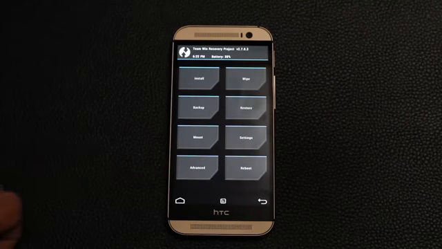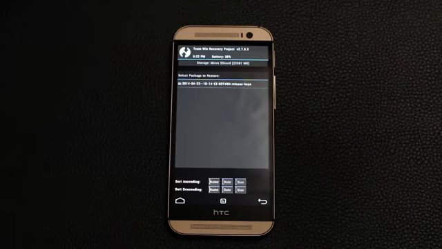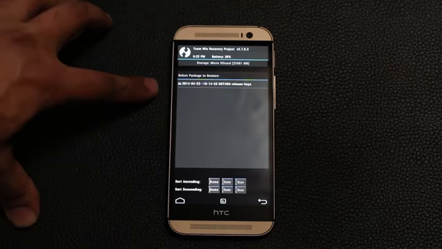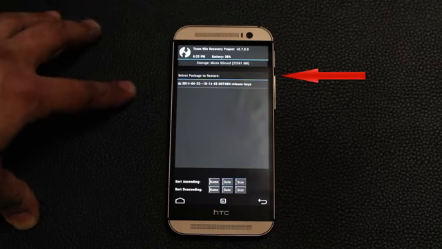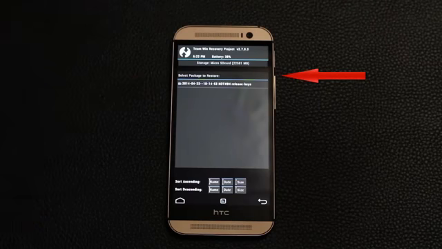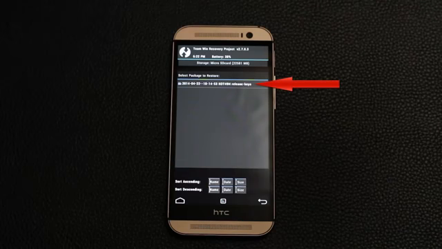So let's say something crazy happened and you lost all your data, but now that you have a backup, all you do is you go back into TWRP and you tap on the restore button this time. And if you look at the select package to restore, you'll see a list of the packages that you have backed up. So that package right there is the one we just did. If you have more backups, you're going to see them all listed right here. The most recent one is going to show up on the top. Anyway, all you do is you tap on the name of the backup that you want to restore, and the